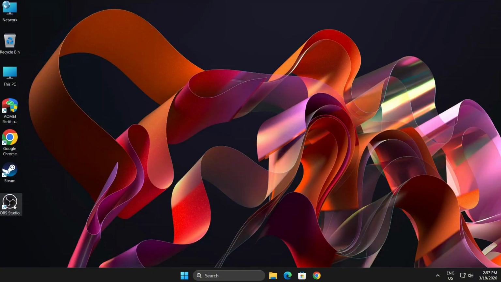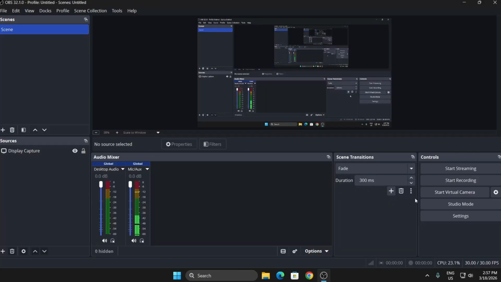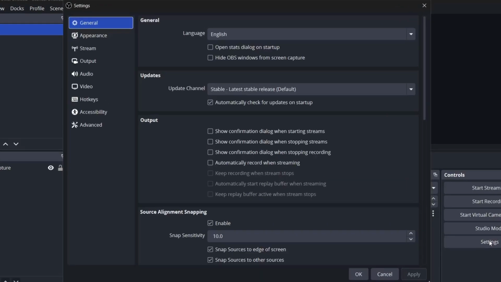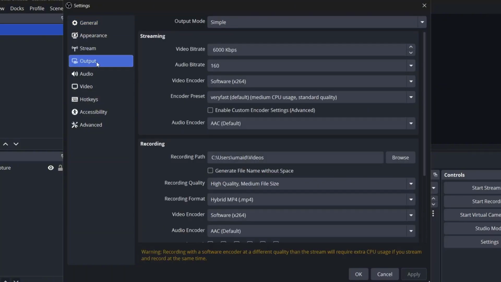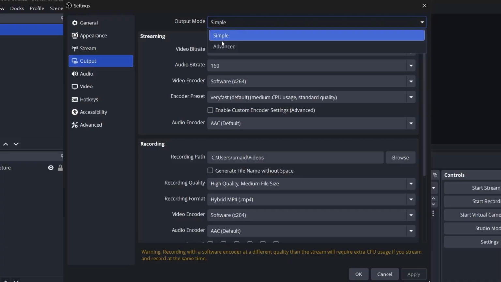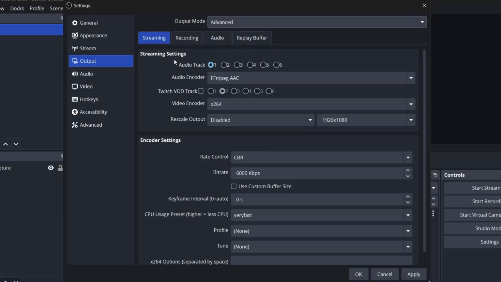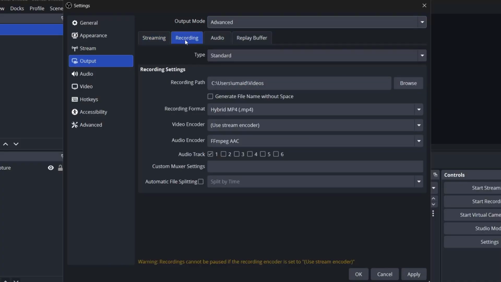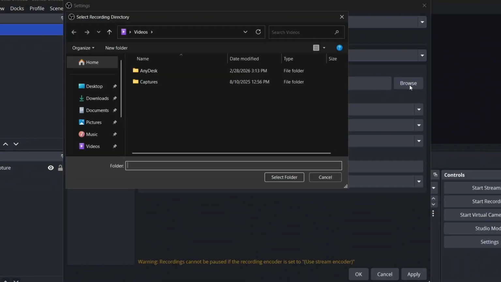First, open the OBS application and click on Settings. This will open a small settings window. From the left-hand side, go to the Output tab, and from the Output mode drop-down, select Advanced. Now switch to the Recording tab. Make sure the type is set to Standard, and for recording path, choose the location where you want your recordings